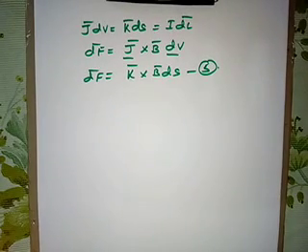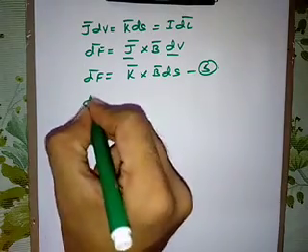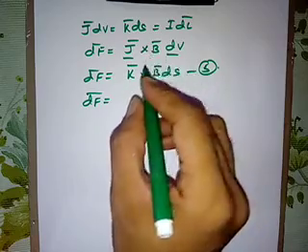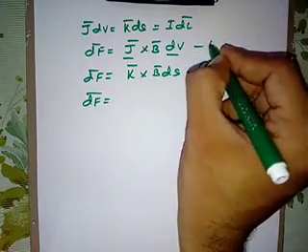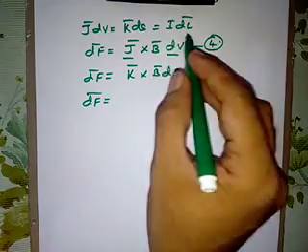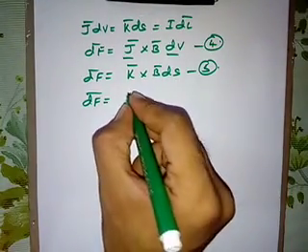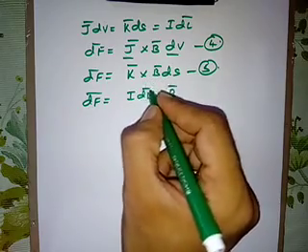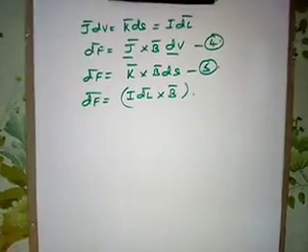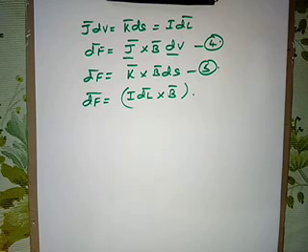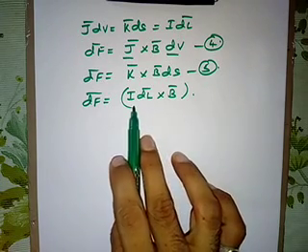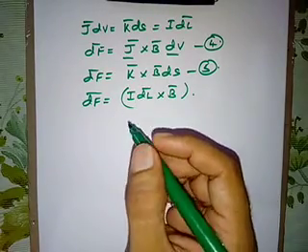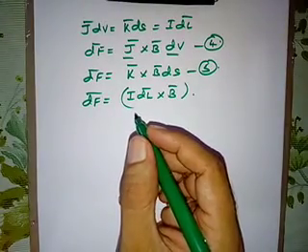Similarly, for the current element, that is the length element, we can write dF bar. What is J bar dV again? Use equation number 4. J bar dV is equal to I dl bar, so I can write I dl bar into B bar. Current flows through the length of the conductor, hence I am considering I with respect to dl bar into B bar.